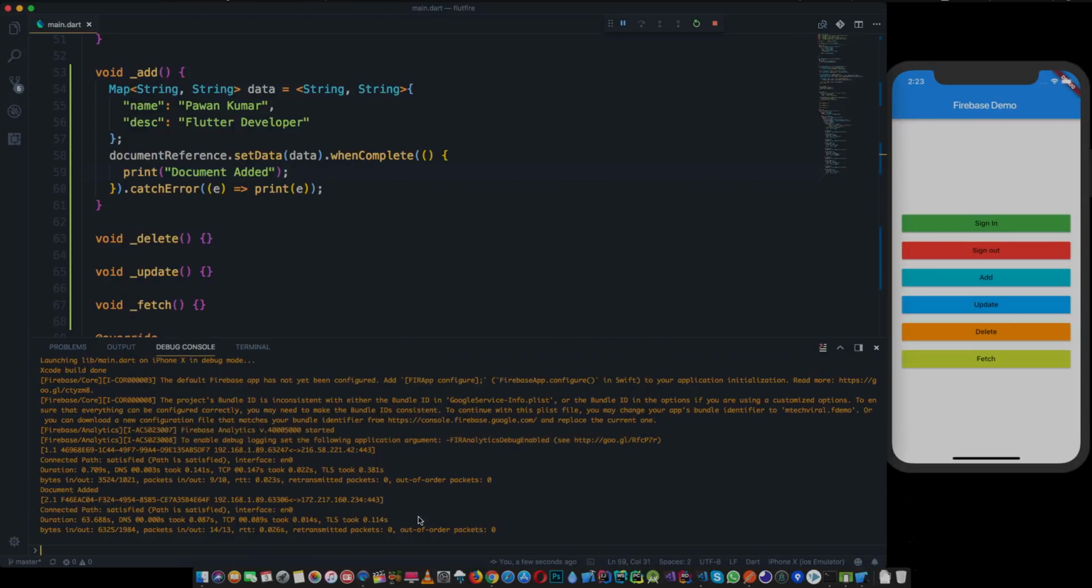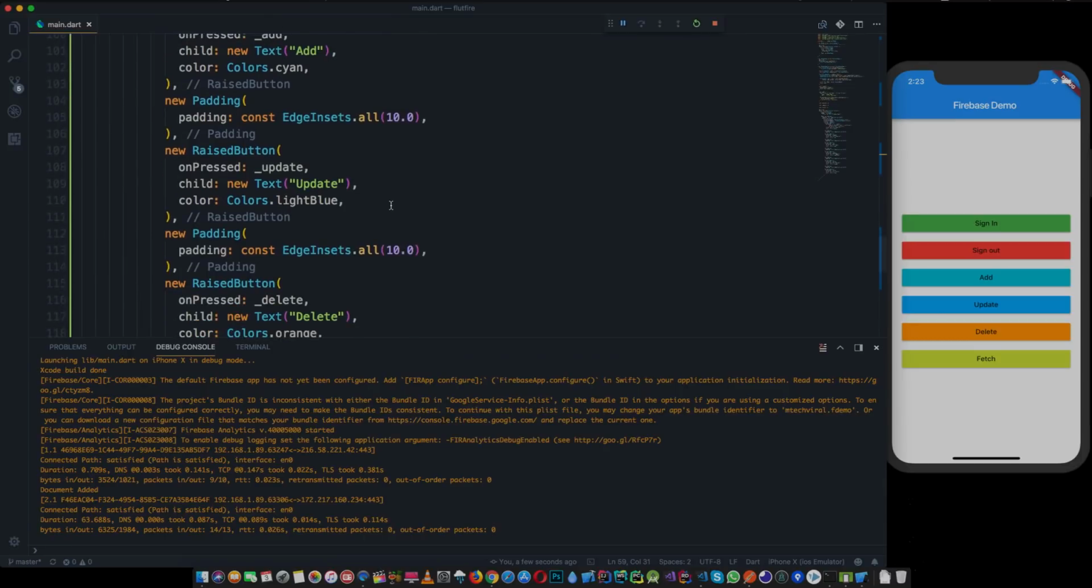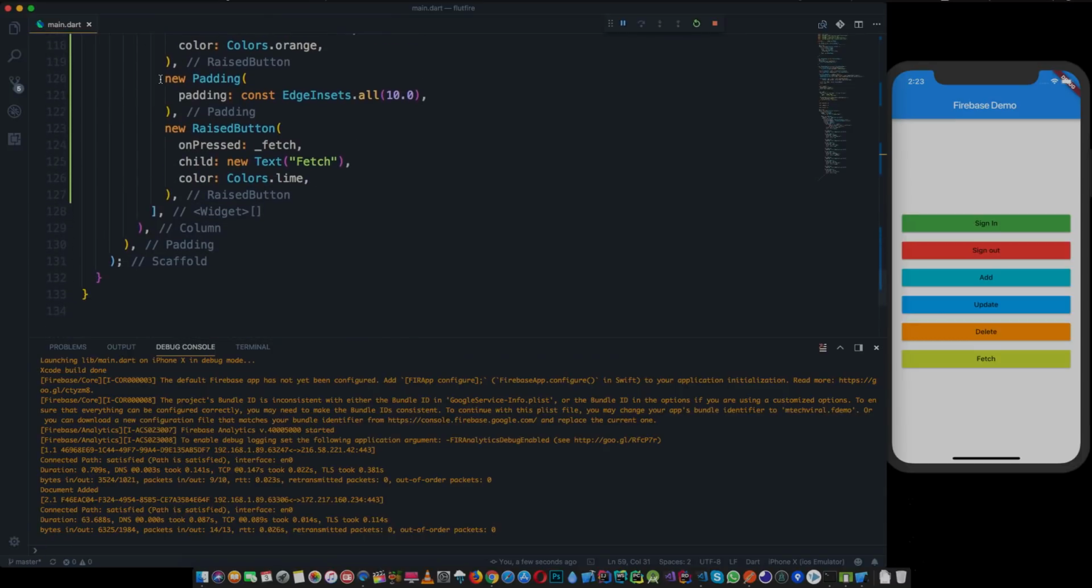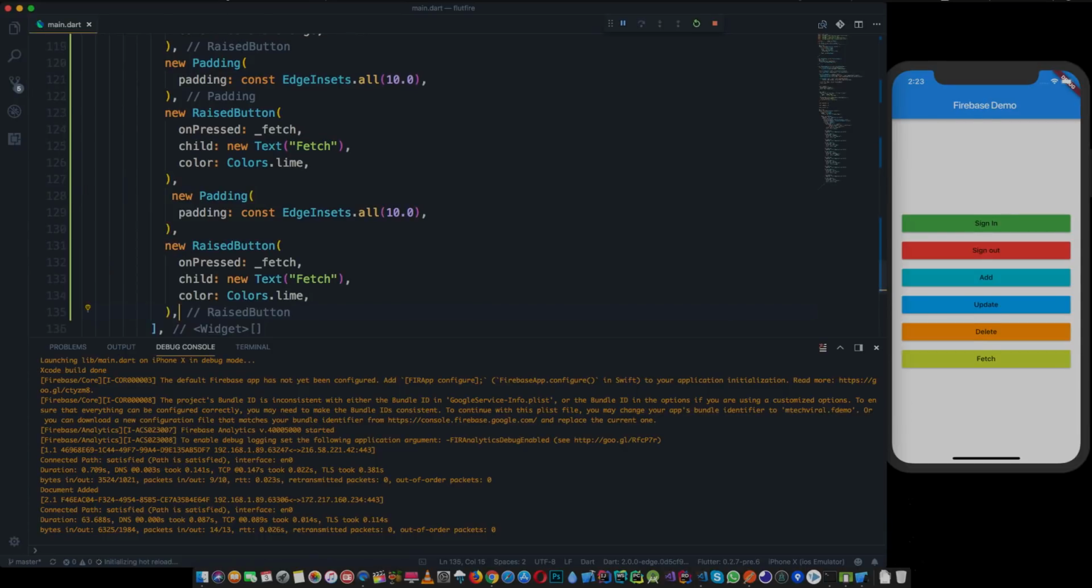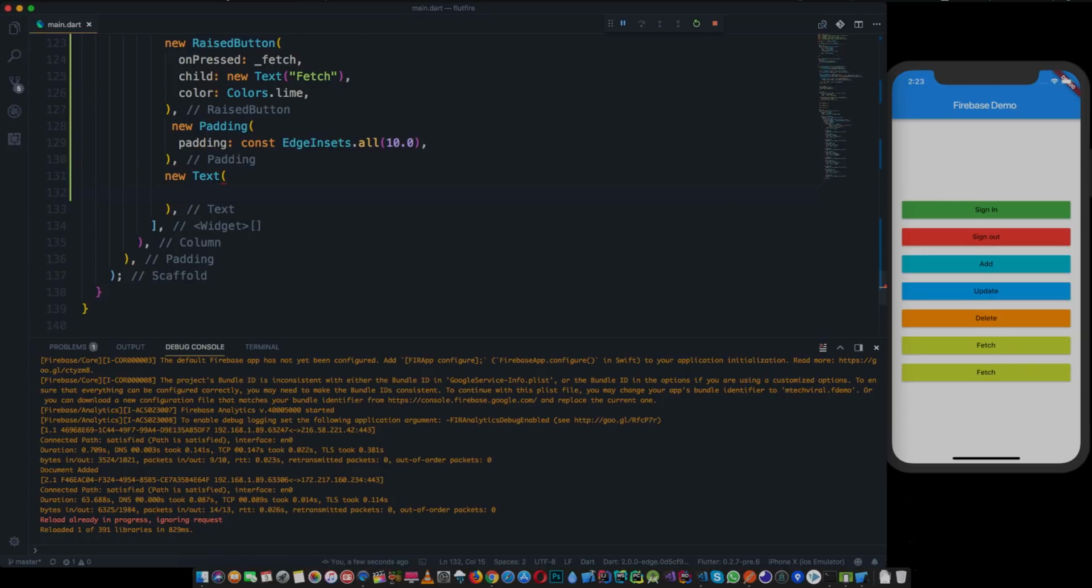So our add is working, and now let's do one more thing. I want to add one more text field below this. Why? Because when I fetch some data, I want to show this data also. So I can say new text. Okay, and let's just delete this, and here